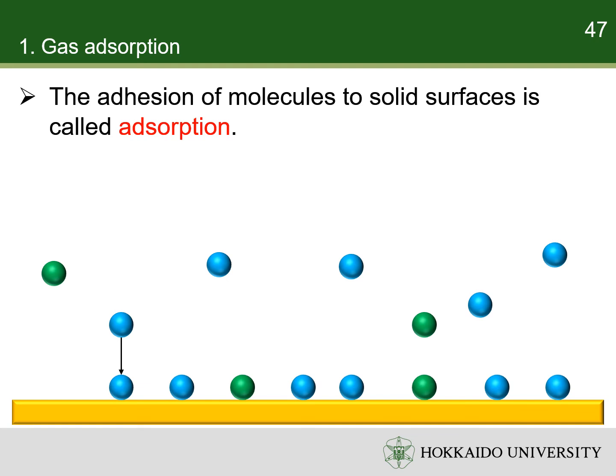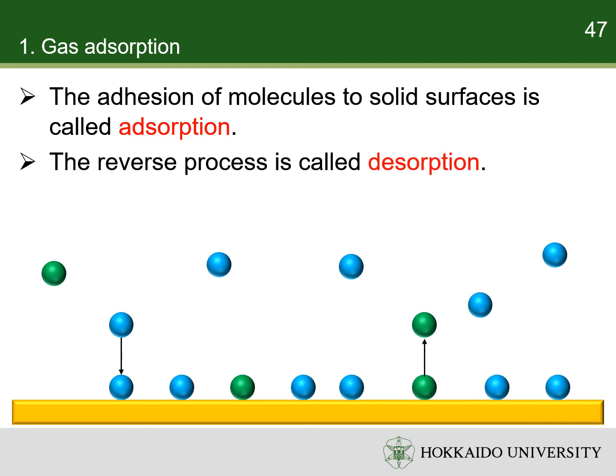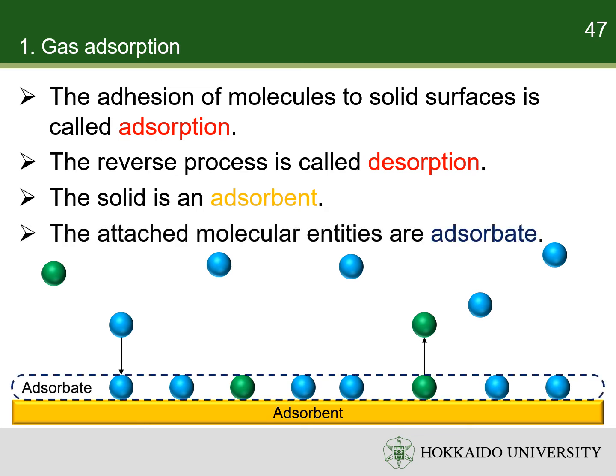Adsorption is the adhesion of molecular entities from a dispersion to a solid surface. The reverse of adsorption is called desorption. The solid at the surface of which adsorption may occur is called an adsorbent. The molecular entity which is adsorbed in an extremely thin surface layer on the surface is the adsorbate. In heterogeneous catalysis, the adsorption of reactants on catalyst surface and the desorption of products from it are crucial. The catalyst is the adsorbent. The adsorbed intermediates are the adsorbates.